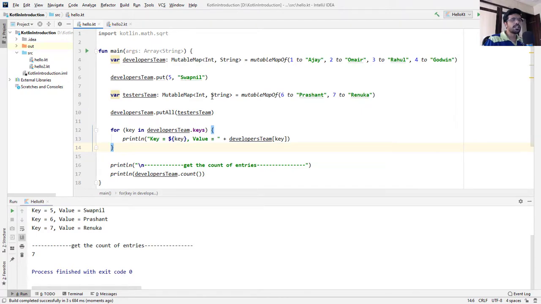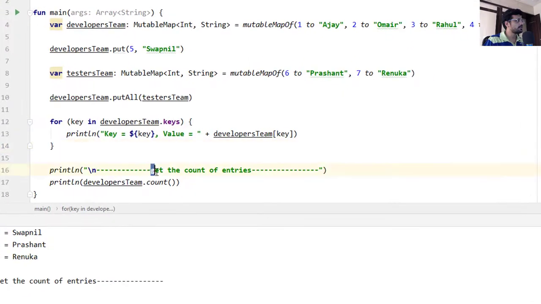We will remove element with key 2 from our mutable map. After this line, the remove function will return the element with key 2 and value with Omer from the mutable map.